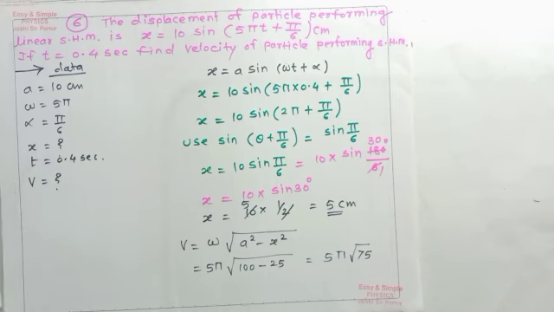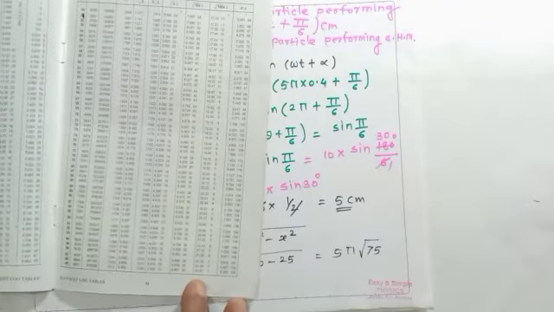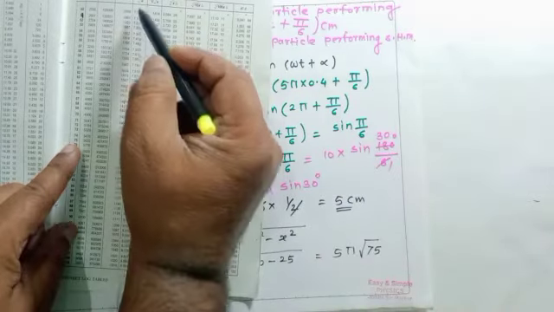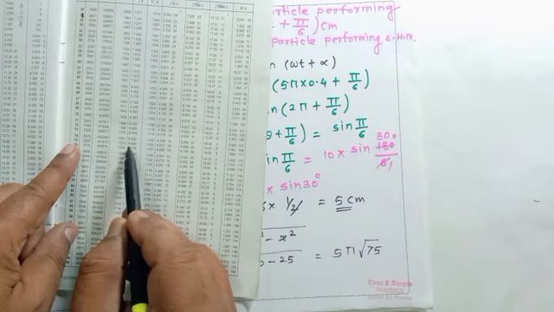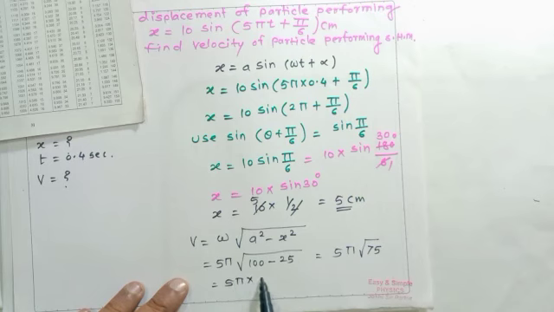So here, using powers and factorial, 75 and its square root will be 8.660. So here 5 pi multiplied by 8.660. So it will be 0, 5 sixes are 30, 3 will be remaining, 5 sixes are 30, 33 is there, 3 is remaining, 5 eights are 40 and 3 will be 43. So 43.300 pi.